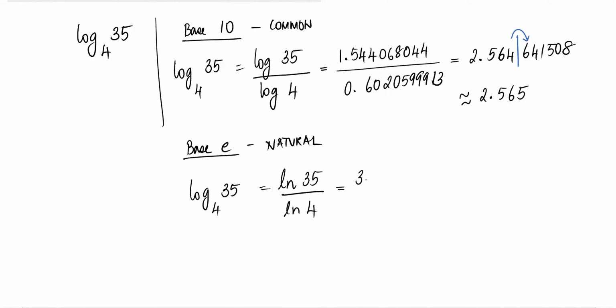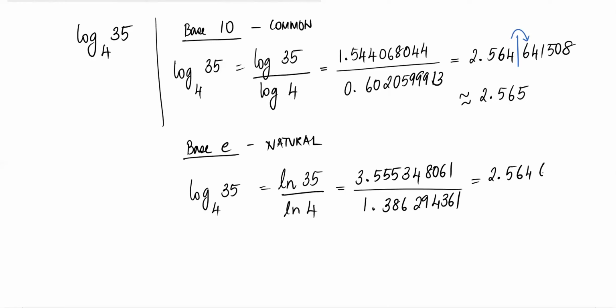That gives me 3.555348061. Okay, and ln 4 gives me 1.386294361. Again, as I mentioned before, I advise you to keep them all on the calculator. Just do ln 35 close parentheses, division symbol, ln 4 close parentheses, and that will give you 2.564641508, which is approximately